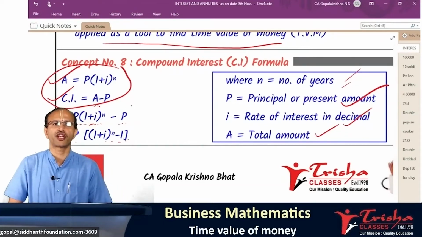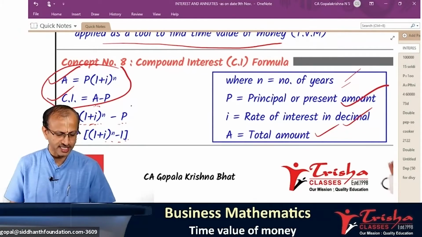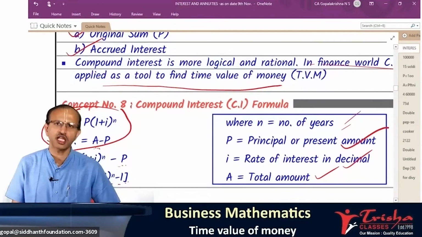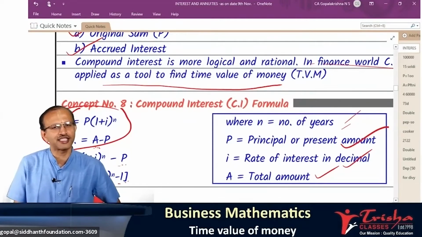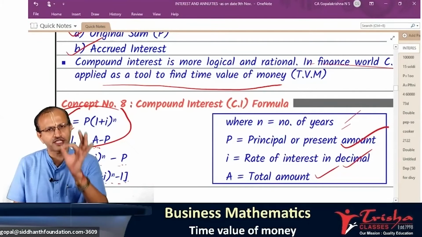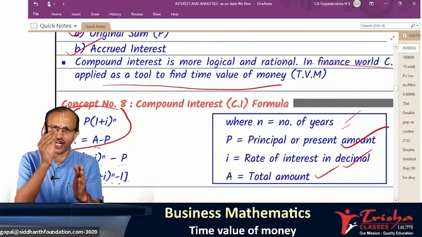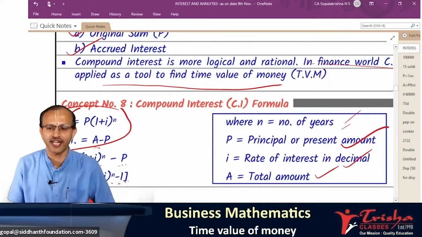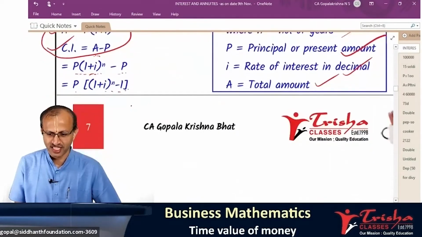Have you written? All of you written in your notebook? Response from you, quick. Yes? No? Okay. A and CI formulas are written. These notes will be circulated, and all the pointers you have, write in your notebook. I'll come and check. If you don't write, you will not recollect in the examination. So all the pointers, point by point, what I have given, the same way you have to write. And this material which I'm giving looks exactly like notes. If you write like that, it will be very, very clear to all of you. Do you all agree with me? These notes will be of great help to you. Yes, no? Super. Shall we proceed now?